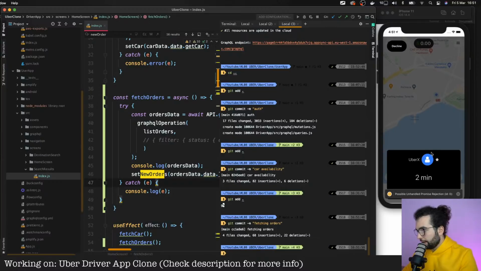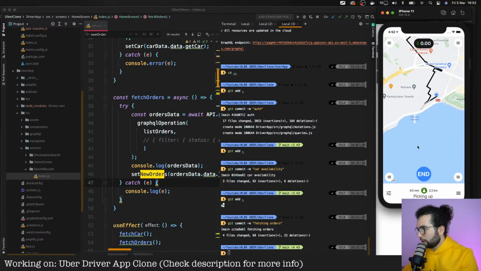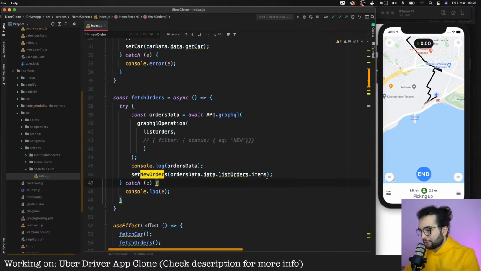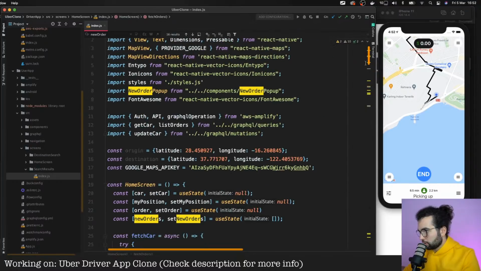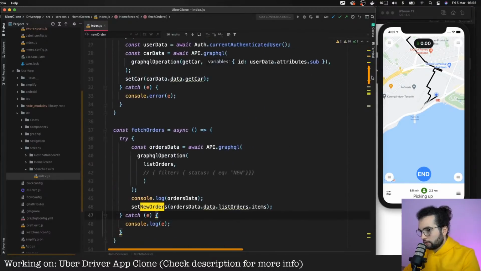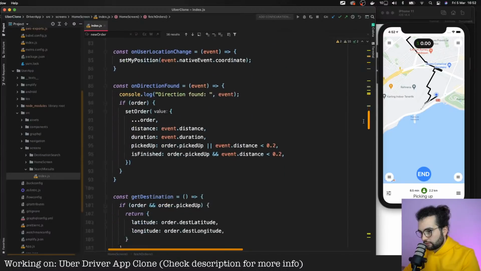If we select one, we are picking up someone. Picking up, it doesn't display the name because it doesn't have a name. It has a username. So where is the title?